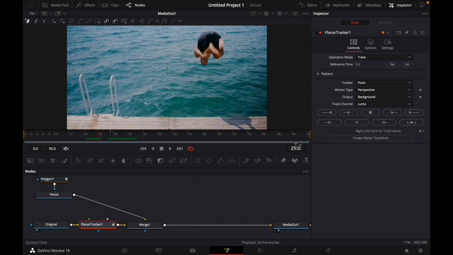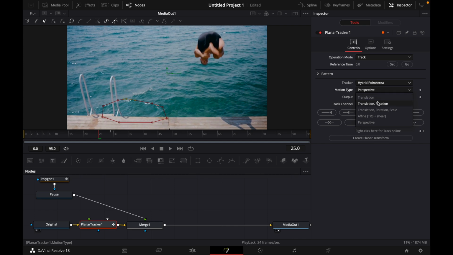You see, for me it would be 25. Alright, now as you have selected the planar tracker, just click on this sign and then just mask around anything so that DaVinci Resolve can track the movement. Just like me, for example, just click around this. Perfect. Once you've finished, go to the right and select tracker hybrid point area, and the motion type for me it's